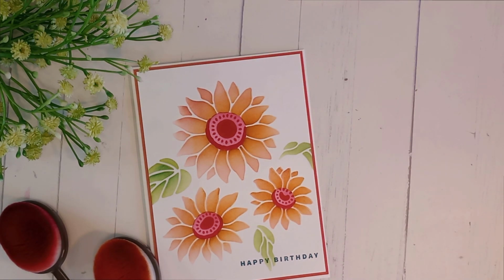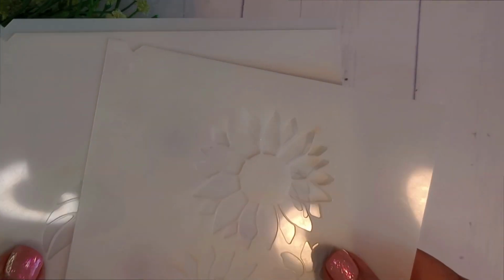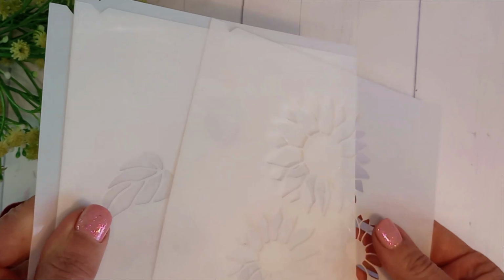In this week's card making session I am going to be featuring the beautiful Abundant Beauty masks. Next week I'm going to be featuring one of the other masks in the set, but today, as you can figure out, we're going to be doing this sunflower